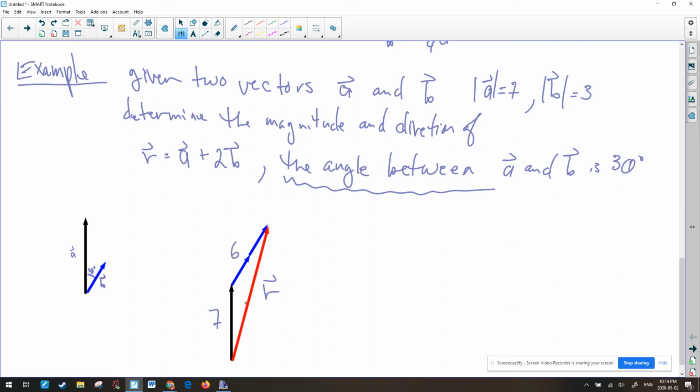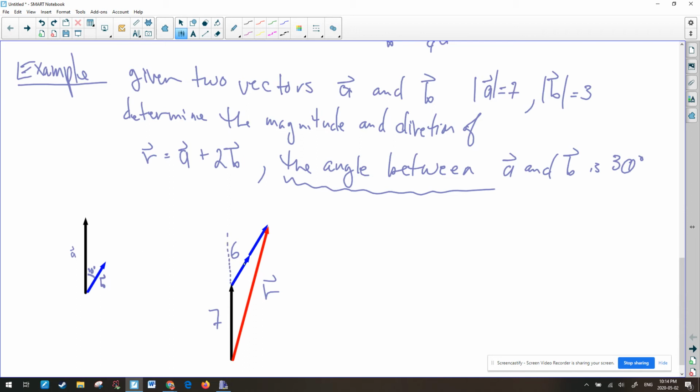So this has a magnitude of 6. I want to find this magnitude, but not only the magnitude, I want to find the direction. Now, let's cast our mind back to some grade, I don't know, where did you first play with it, grade 7 or 8, but we certainly did it in grade 9 as well. This A vector,